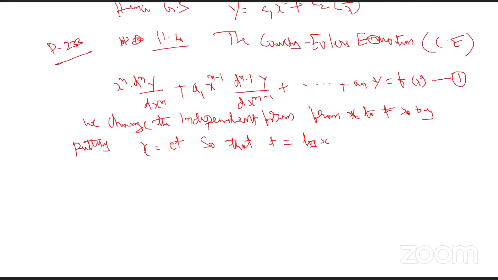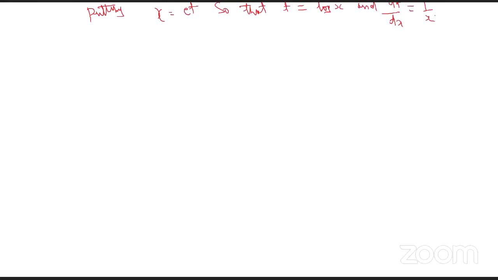dt by dx equal to 1 by x. So dy by dx equal to